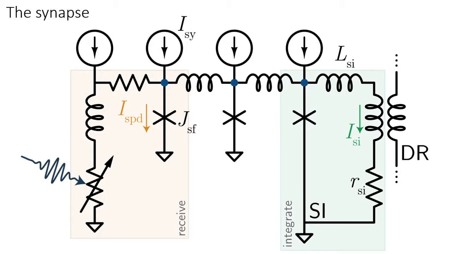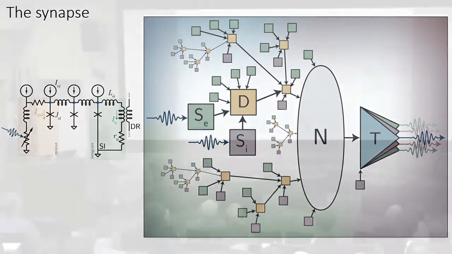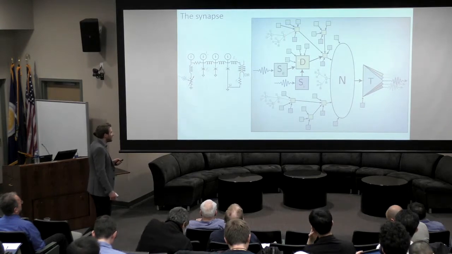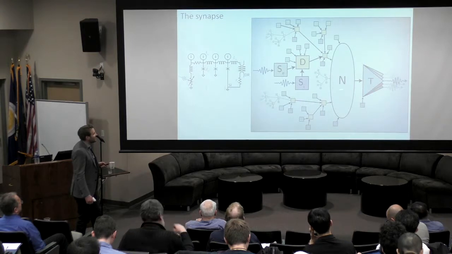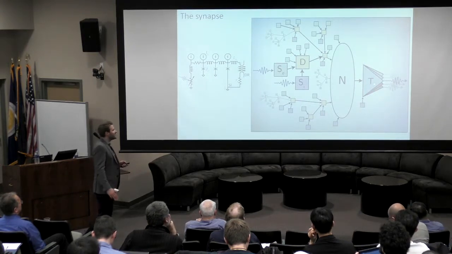So I'm labeling this the dendritic receiving loop, which I will talk about more in just a second. Okay, so here's my neuron picture from the beginning. I've now talked about the synapses. Some of them are excitatory. They're also inhibitory. They're going to go into dendrites, which perform intermediate nonlinear computations on the signals. And then eventually, they will connect to a neuron, which will perform the final thresholding step, produce an electrical signal